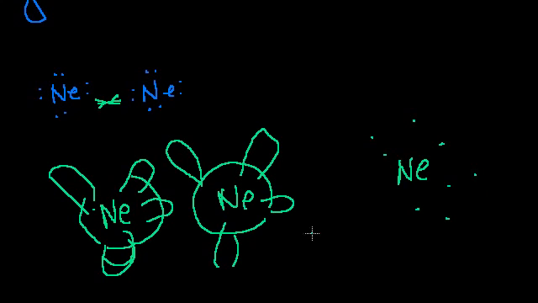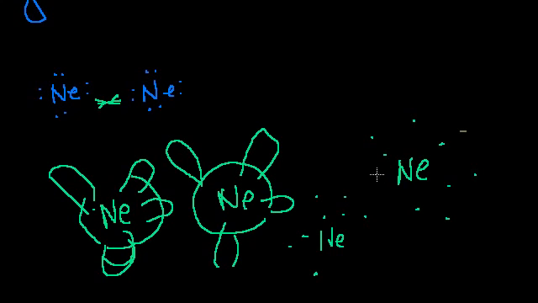Similarly, if at that very same moment I had another neon that had 1, 2, 3, 4, 5, 6, 7, 8, that had a similar, actually let me do that differently. Let's say that this neon atom is like this. 1, 2, 3, 4, 5, 6, 7, 8. So here, and I'll do it in a dark color because it's a very faint force. So this will be a little negative temporarily, just for that single moment in time.